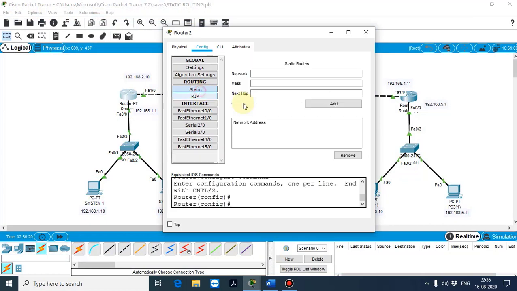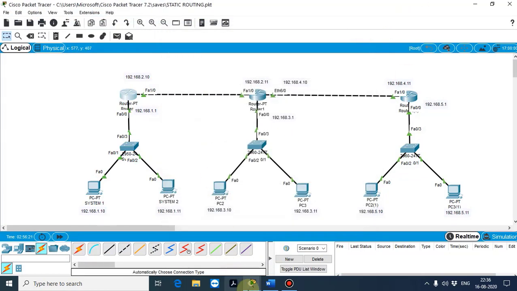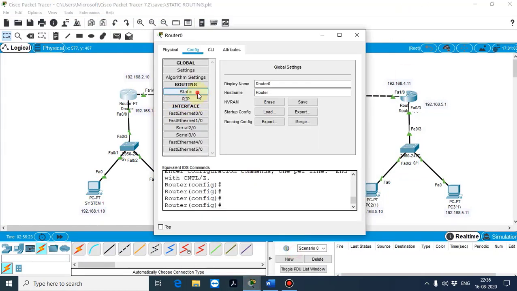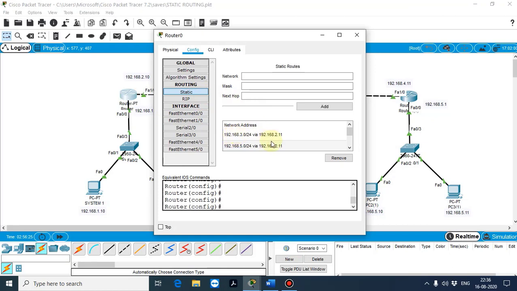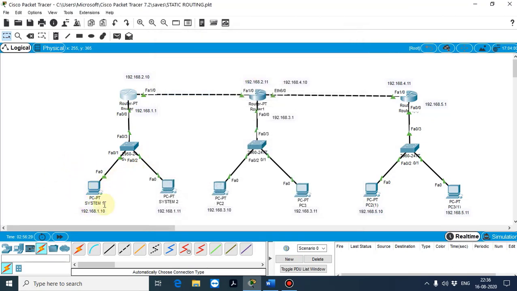See here, we are defining the path from source to destination. Suppose a user wants to access data from system 1 to system 2. Then he must be able to transfer data to the primary router, that is router 1.